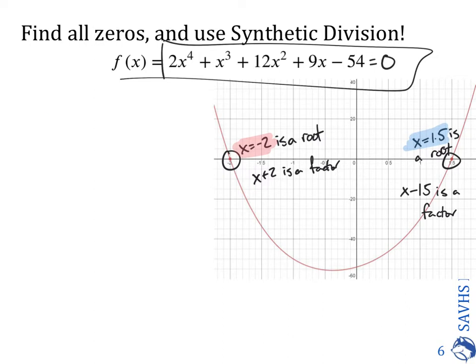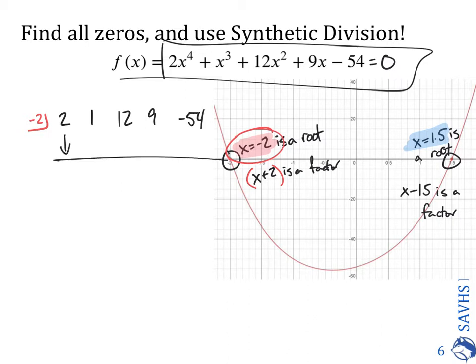So I'm going to do -2 here because that's what I have as the root. Again, if I was dividing by x plus 2, then I would switch that. So write the coefficients out. It's going to be 2, 1, 12, 9, -54. Add down, you get 2. Multiply, you get -4. Add down, you get -3. Multiply, you get 6. I'm going to stop doing the arrows now. Add down, you get